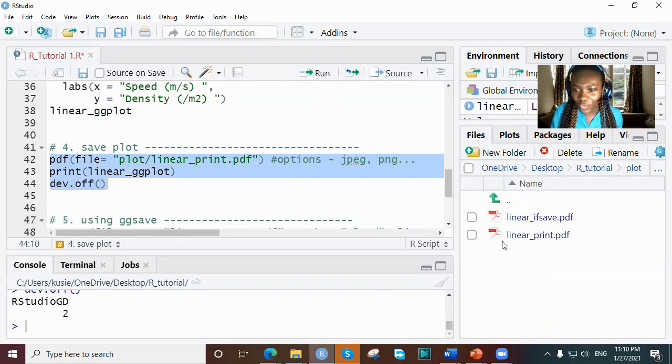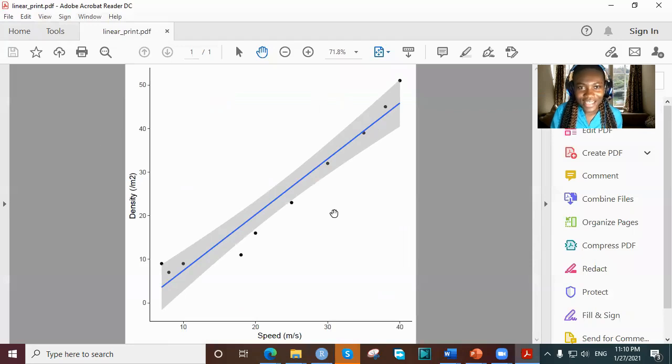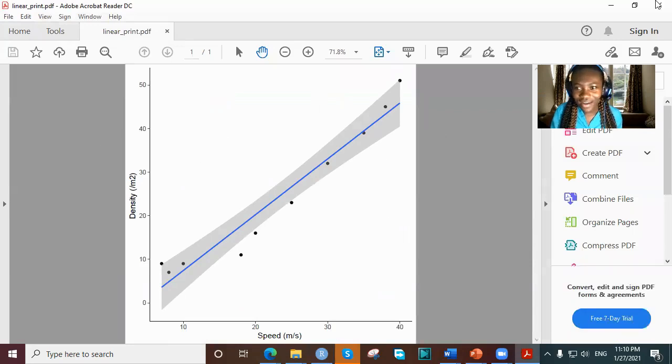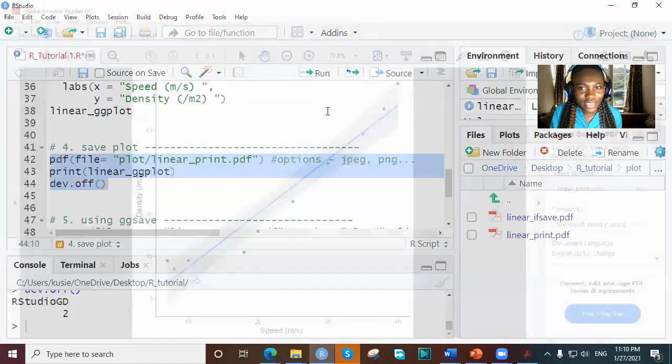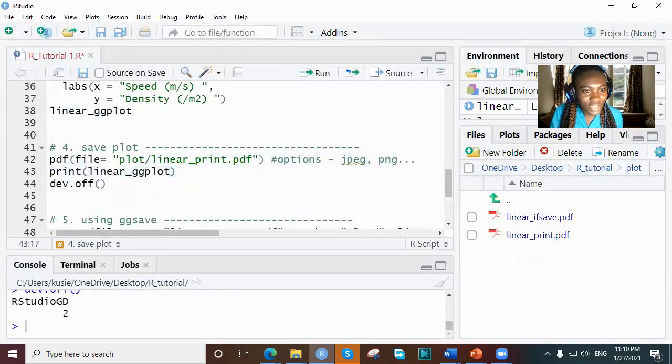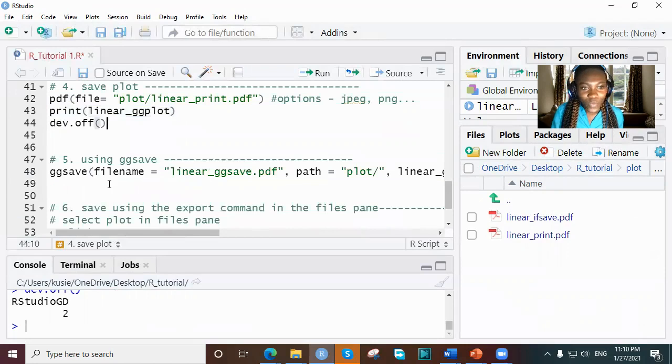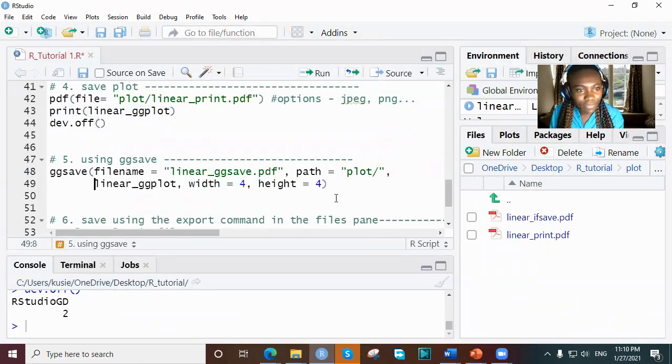So we are going to do that to see. Open the plot, and we have it also printed. And this is our second plotted file using the print function. The other way is to use the ggsave. Let me make it like this so that you can see the whole